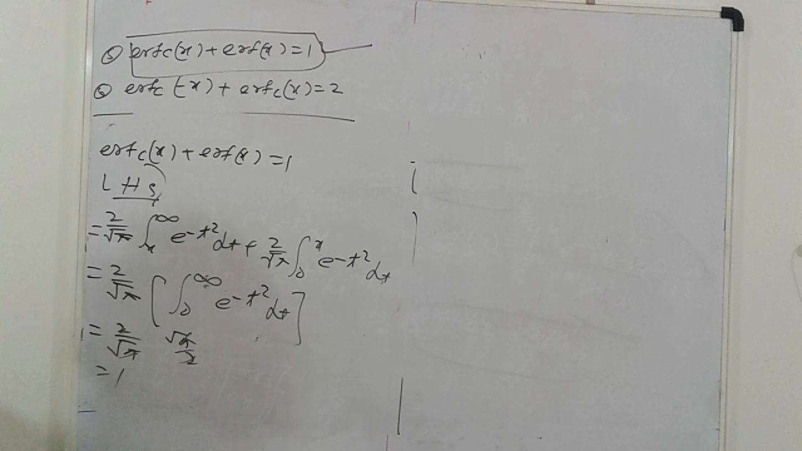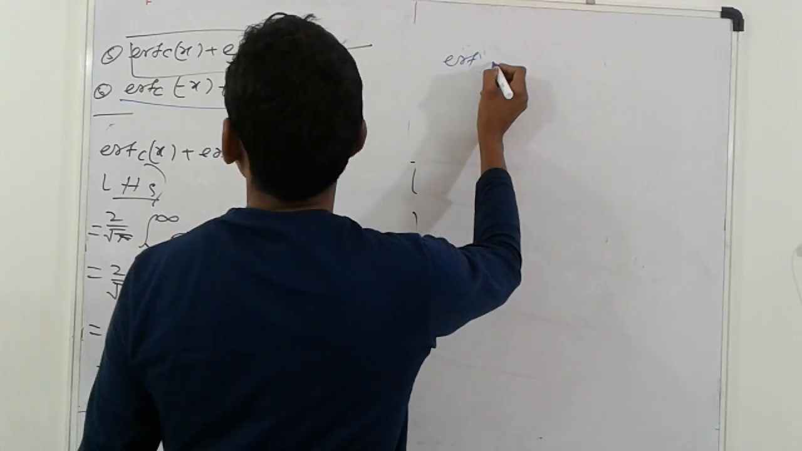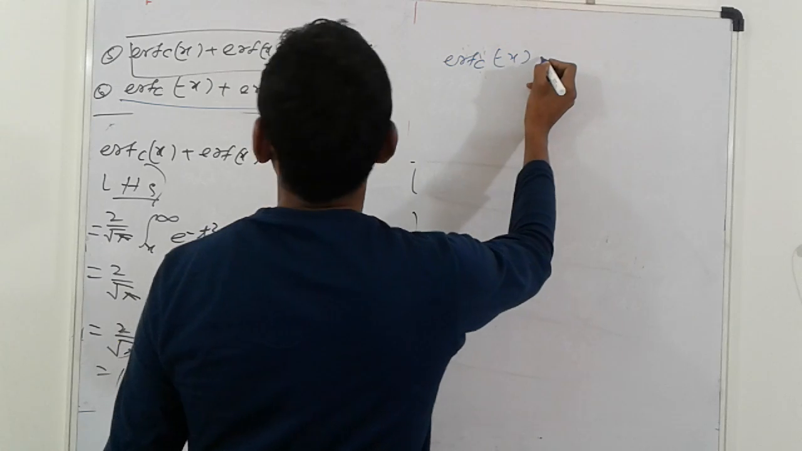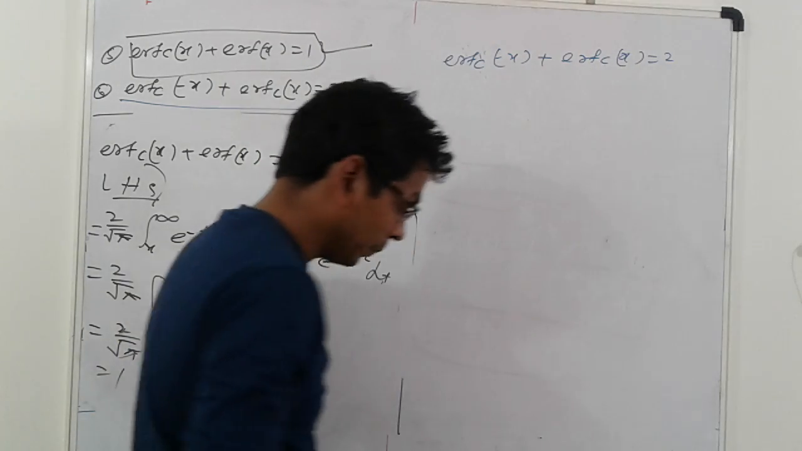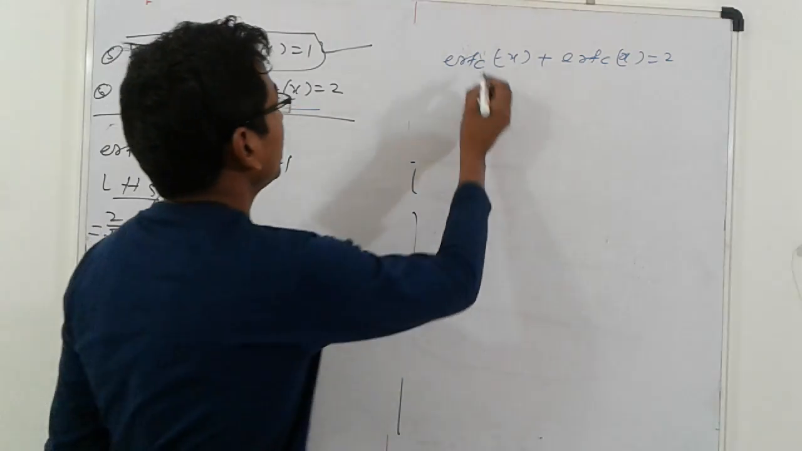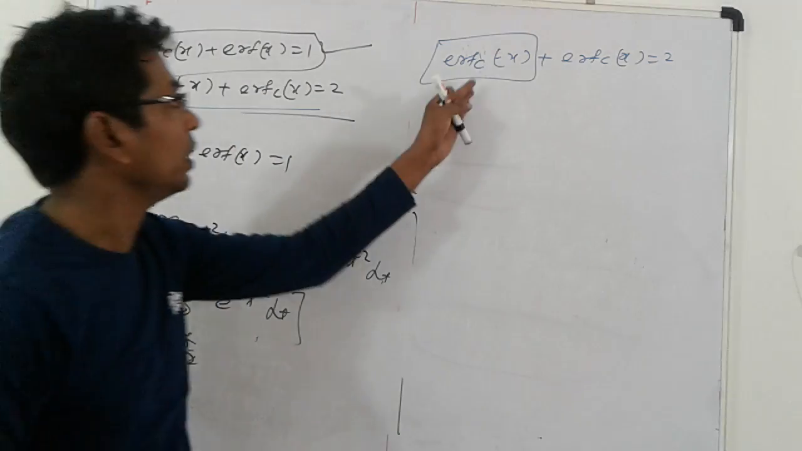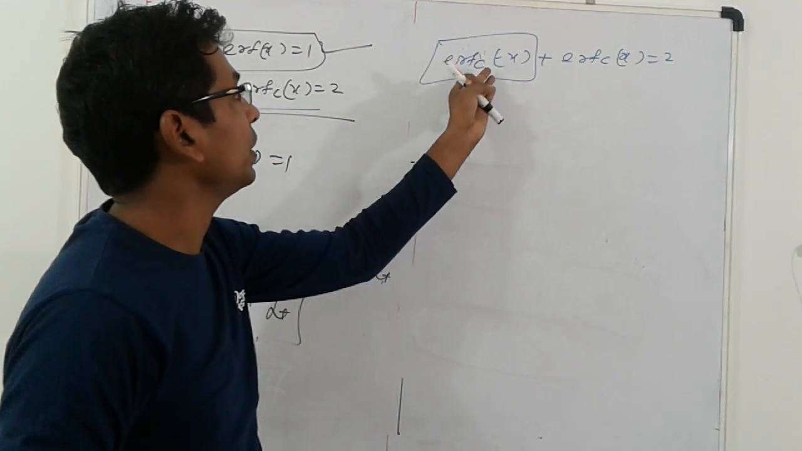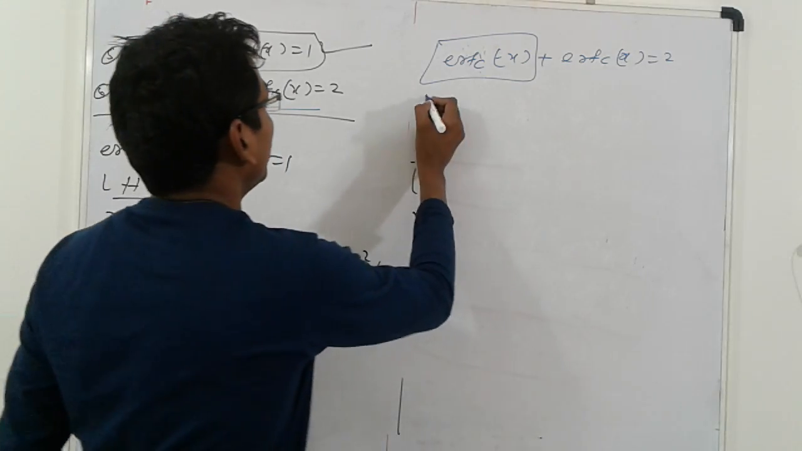Next, go to the second problem. So the second problem is here. Error of c of minus x plus error of cx is equal to 2. Here, how to prove it? Your target first is to find out this. What is the value of error of complementary function of minus x? After that, something. So first we know that